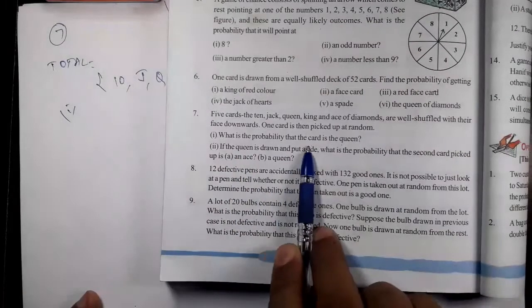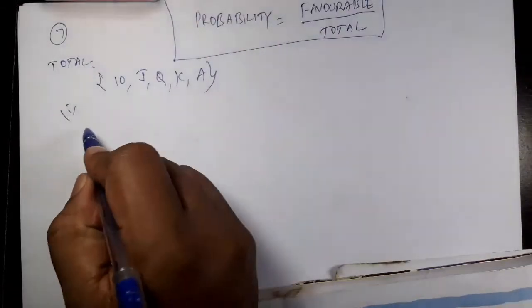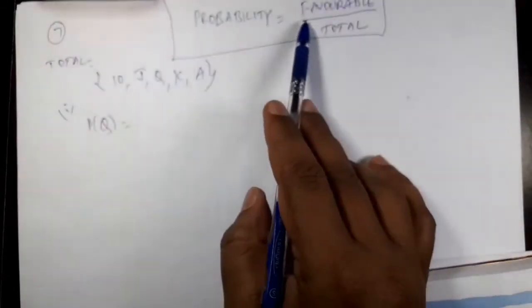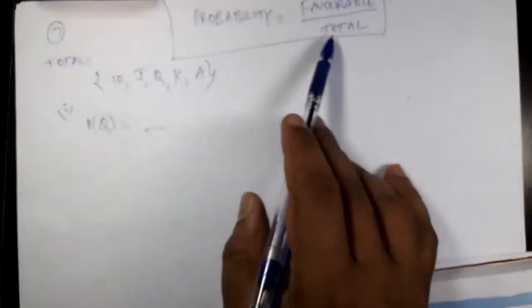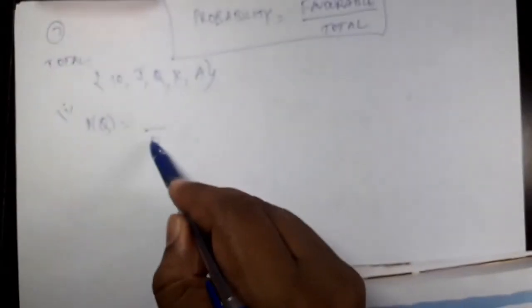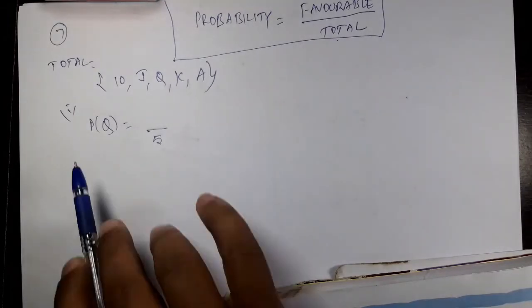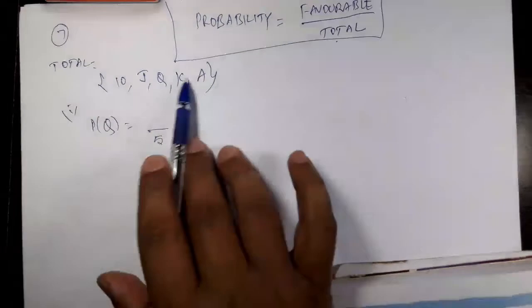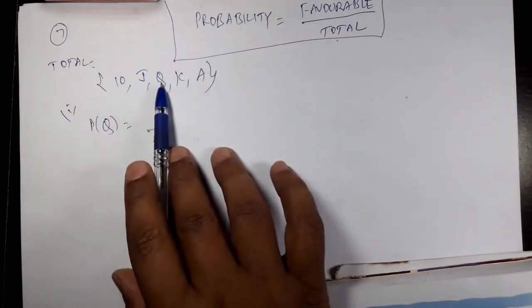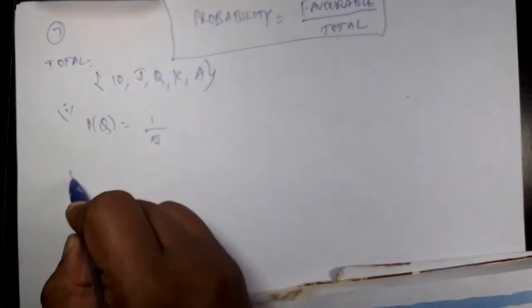What is the probability that the card is the queen? So, probability of getting queen here. Tell me what is the formula for probability? Favorable over total. What is the denominator? Total. Here, what is the total number of outcomes? Just 5 outcomes are possible, right? 5. Now coming to numerator. How many are favorable to this event? That means how many of these 5 are queens? Only this one is favorable. So 1 such thing is there. So 1 by 5 is the answer for this question.